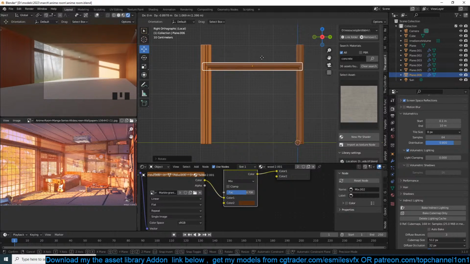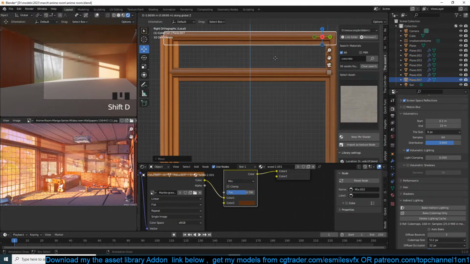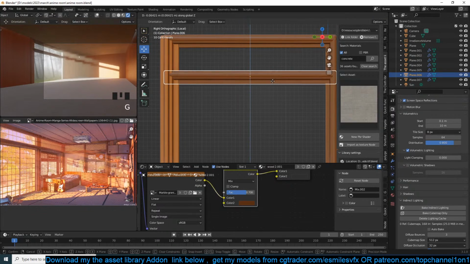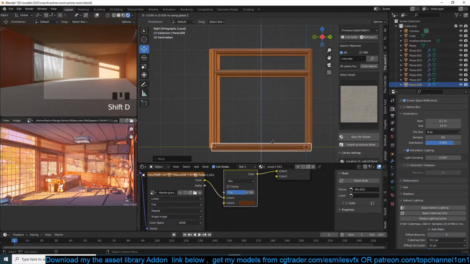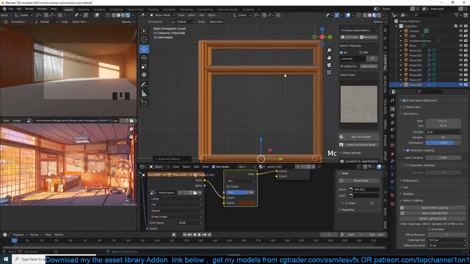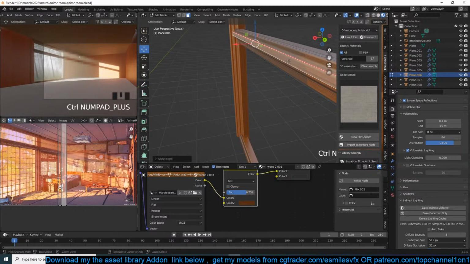Okay, so we want that there and another one up there, and maybe another one around there. Then I'm just going to grab this face, Shift D,